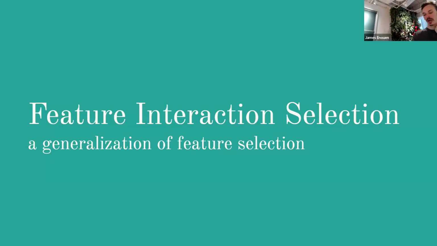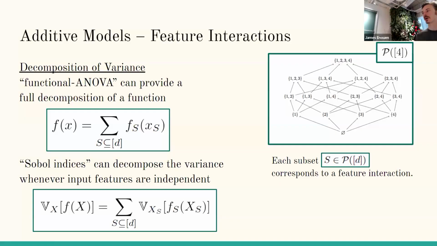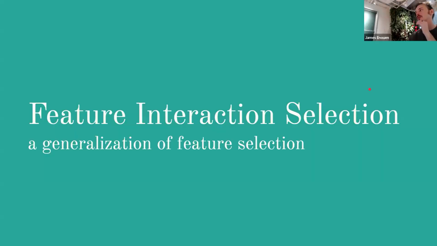Okay, so now that we can measure the strength of these different feature interactions, we'd like to introduce the problem of feature interaction selection, where we're going to pick the most important ones of those. And you might be able to imagine for 4 dimensions, we already have 16 feature interactions. For realistic data sets, we're going to have much more. So we need to introduce this problem of feature interaction selection.